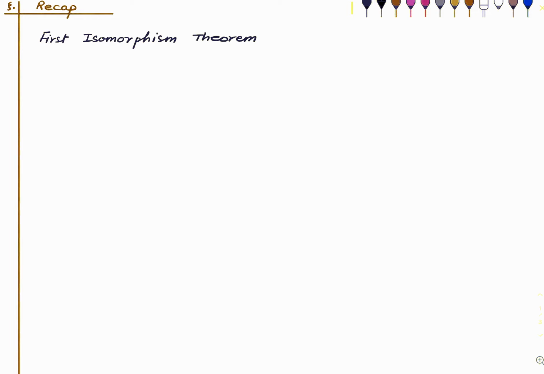In this lecture, we'll look at an application of the things that we have learned so far, and let us recall what we need. Primarily, what we need is the first isomorphism theorem. And what does it say? It says that if we have a linear map from a vector space V to a vector space W, then we can factor it out into two parts